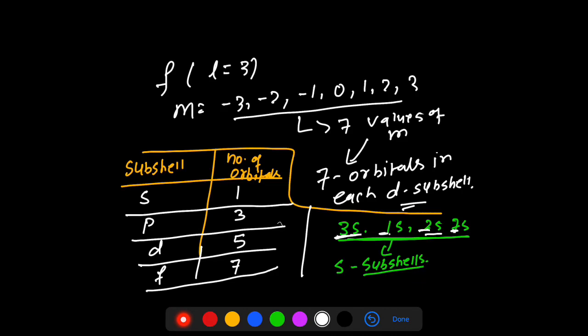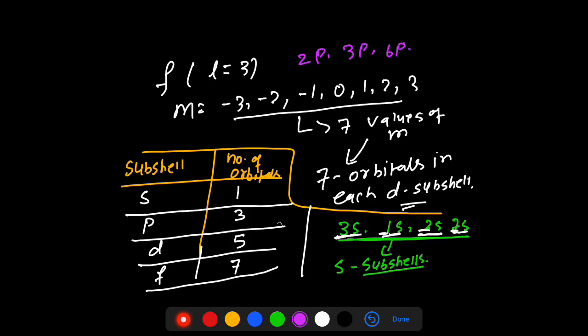So everywhere, since one s subshell has one s orbital, 3s also has just one orbital, because ultimately it's one s subshell. Although it belongs to the third shell, it's still just one s subshell. Similarly, 1s has just one s subshell, 2s also, and 7s also. Keep this in mind, because people usually get confused when they are using it